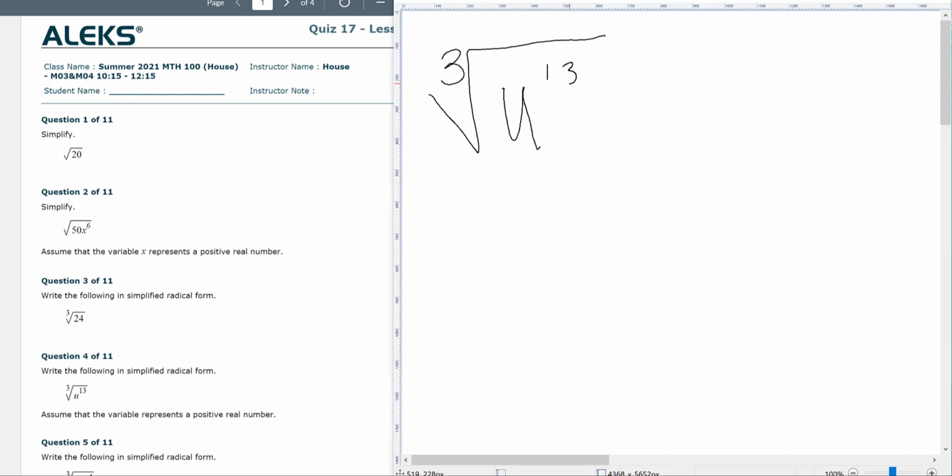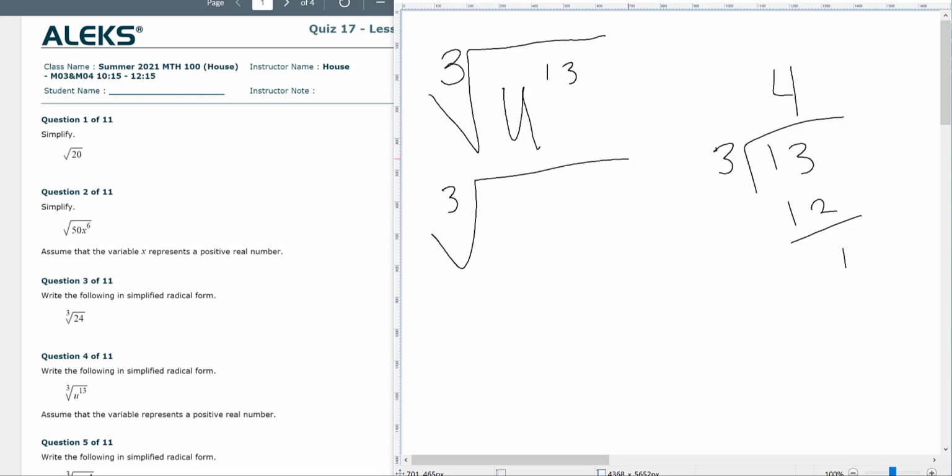And 3 won't go into 13 evenly. So what we have to do is divide 3 into 13. That goes 4 times with 1 left over. So I'm going to rewrite this as the cube root of u to the 12th times u. There's 1 left over, so that tells me that that 1 is the extra one that makes it not